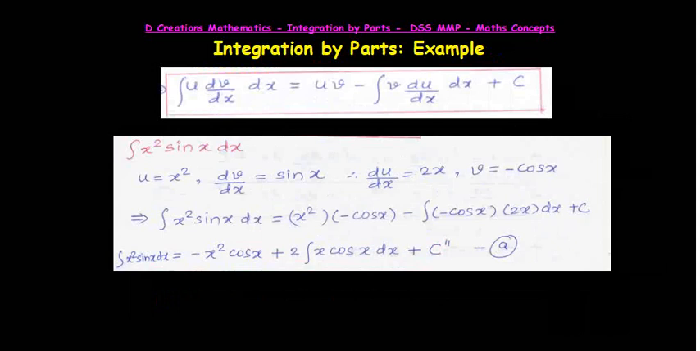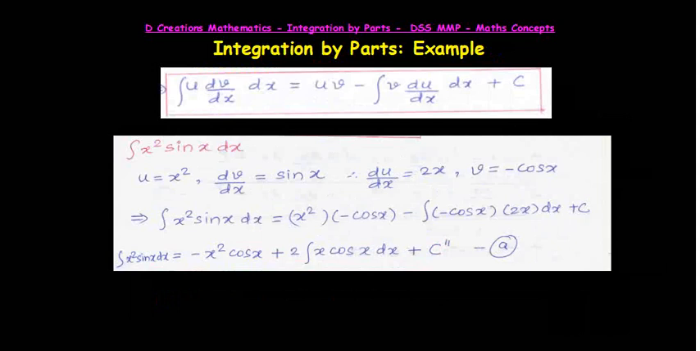Just the way we have been doing earlier, you need to identify u, which in this case is x square, dv by dx, which is sine x. Since u is x square, du by dx is 2x, and since dv by dx is sine x, v is just minus cos x. So integral of x square sine x dx is equal to x square into minus cos x, because it's u into v, minus of minus cos x 2x dx plus c,